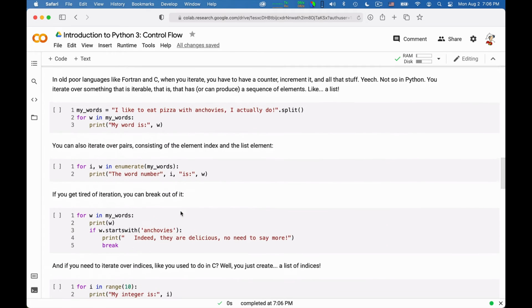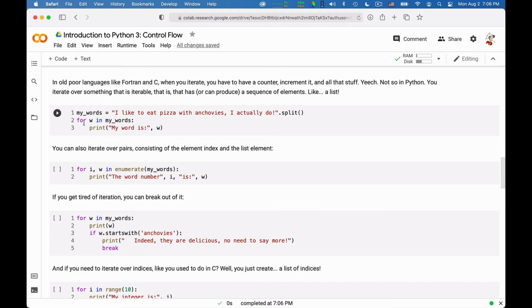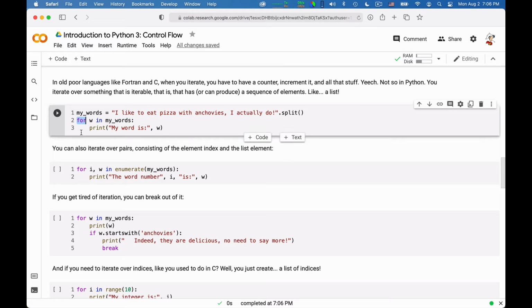Iteration. The simplest iterator is for, and the typical way you use it in Python is that you say for element in something that can be iterated upon, which normally is a list or something that is list-like. For example, I can build a list of words. Here I write a sentence in a long string, and then I say dot split, which splits it according to white space.